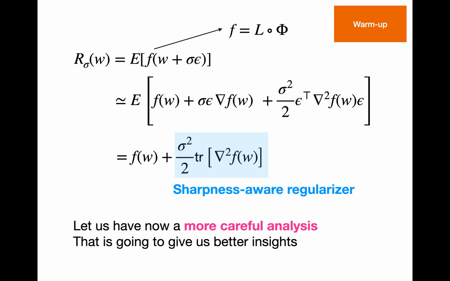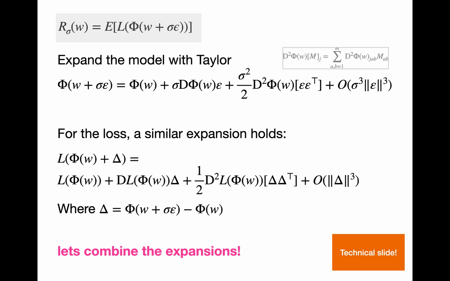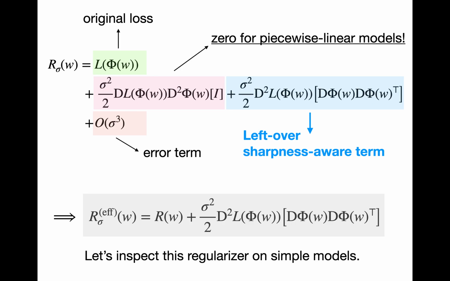However, to have a better idea of what's going on, what we can do is a more careful analysis. So let's start again by the regularized loss, and let's expand the model and the criterion L. When doing a Taylor expansion on both and inserting one into the other, we have something that is actually a little bit more precise. It's equivalent to the formulation we had before with the composition of L and phi, but it reveals an interesting property of the regularizer. That is the expected loss that we are actually minimizing when considering noise injection in stochastic